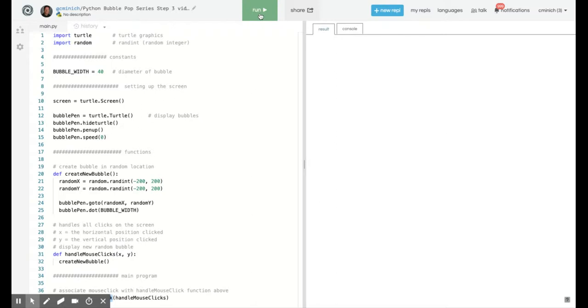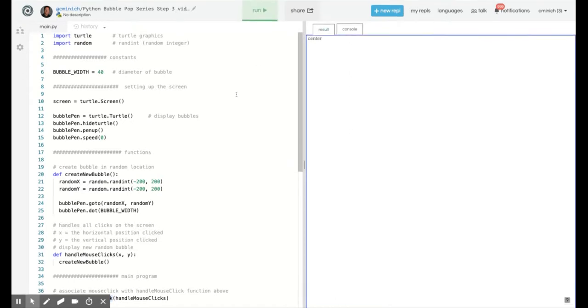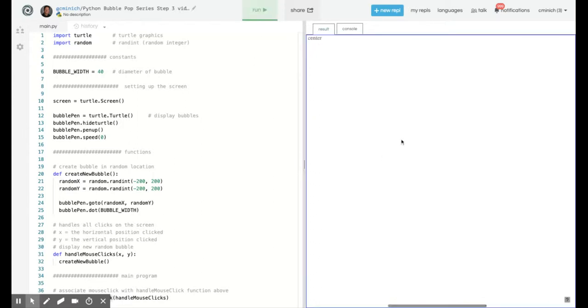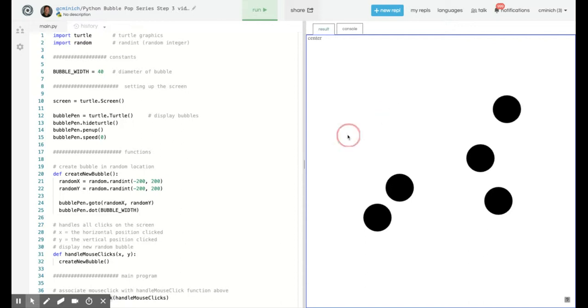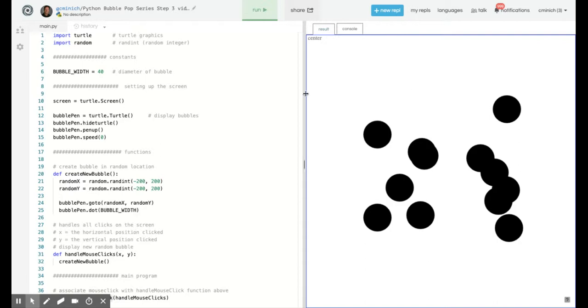I'm going to run this demo program that you can access at this web page address, at least as of right now, or look at the video notes to see where it's accessible. When I run the program, I click in the output window, and there's a bubble. A bubble pops up each time I click. Pretty cool. That's about it. And now it's time for you and I to review this code and understand why it works